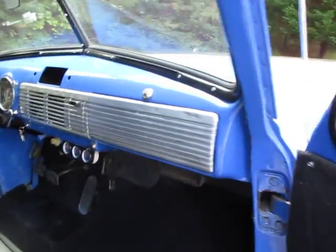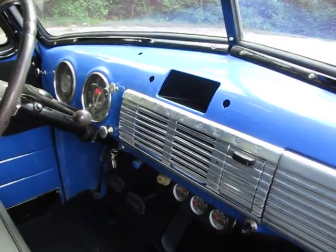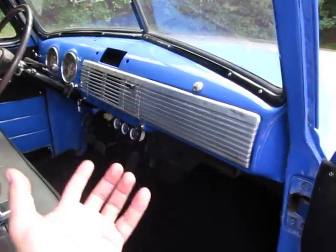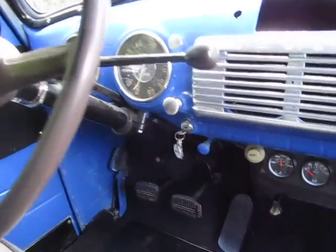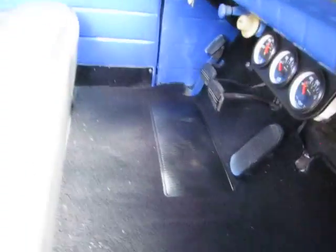It's got a nice looking interior. I love the fact that it's not been cut. You can get an original radio and pop it in there, or the original lookalikes that pop in, and they have, you know, iPod connection and stuff. Original gauges I don't think are working, but the aftermarket gauges are. It's got a brand new carpet kit in here,